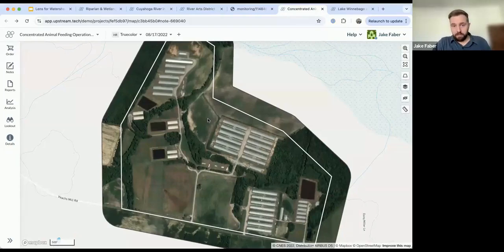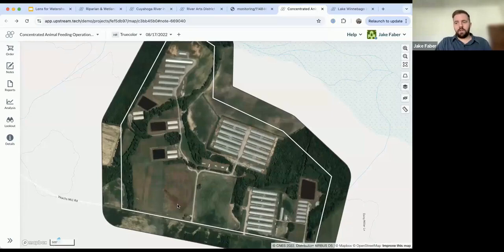So this in particular is in Cape Fear River Basin. This is one where we see both chicken and hog operations. So here you can see that the hog operations right here have these what are known as lagoons, which is where the hog waste is stored in liquid form. Often it is also sprayed on fields, which is something that I'm pretty certain we can see in this center pivot